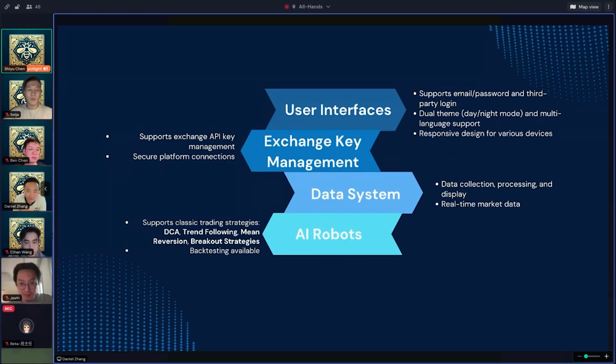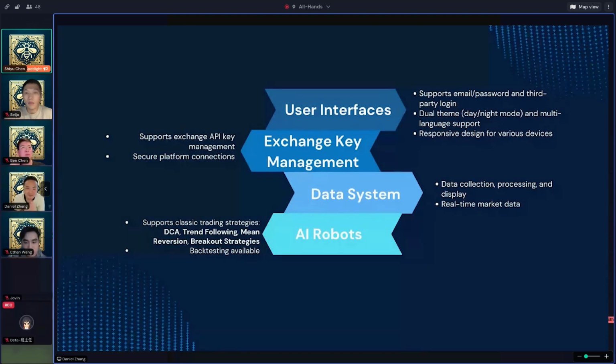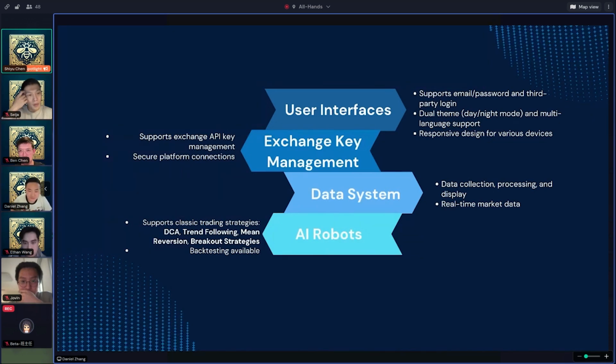Exchange key management is essential for any virtual currency trading platform. We support major cryptocurrency exchanges, allowing users to securely manage their exchange keys directly on our platform. Our data system provides real-time data collection, processing, and presentation. Whether you are a beginner or an experienced trader, users can choose their preferred data display formats for efficient access to